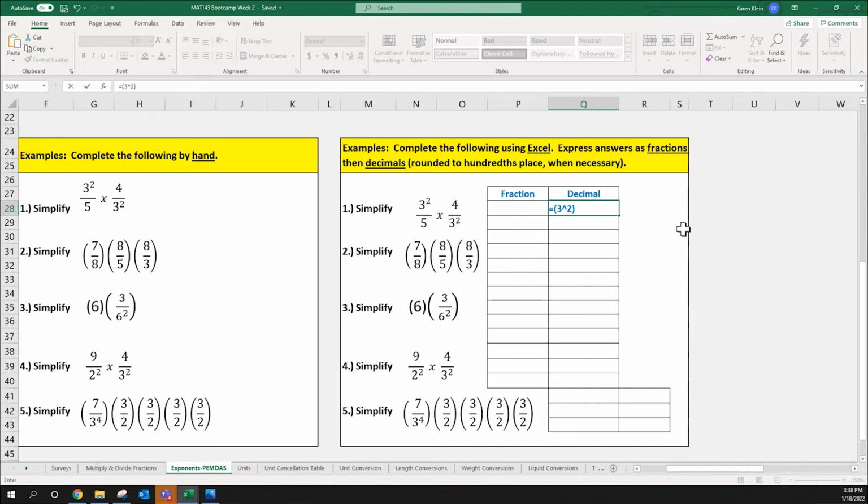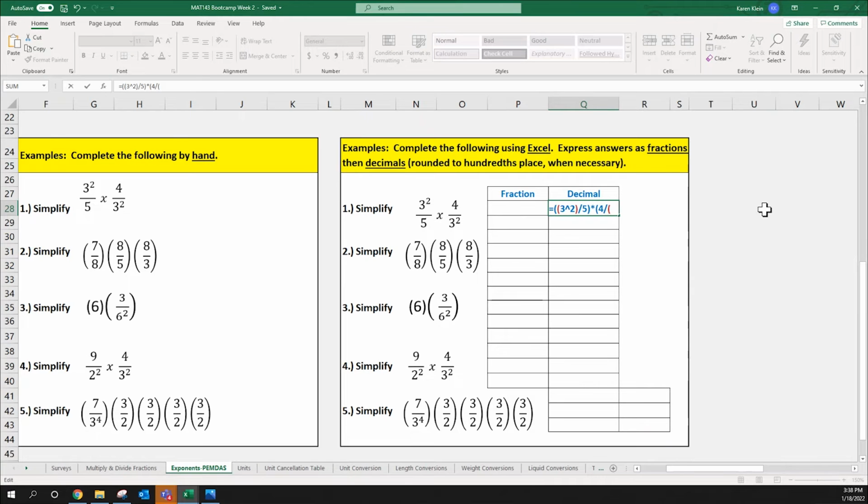So there might be a couple of things I do here. So we can do divide by 5. Now, if you wanted to group this a little bit better, you could put parentheses around that part, but then you would have to put parentheses around the entire fraction 3 squared over 5. And we're going to multiply that by 4 divided by,